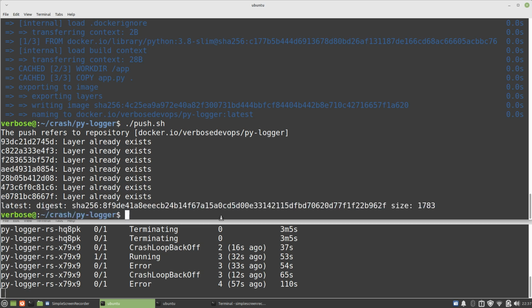And what should happen is this image has just been replaced remotely, and so if we wait, we should see that this is going to come back. So let's see. This is crash loop back off. It should come back anytime soon. In fact, in the meantime, I'm going to try and create another error. So I'm going to go to app.py,